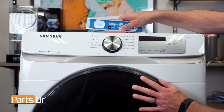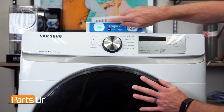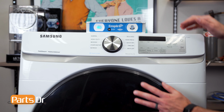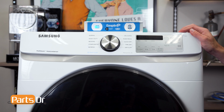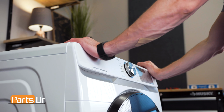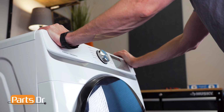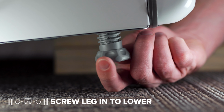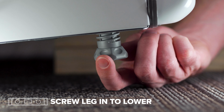First, we'll place the level across the top to check level side to side. As you can see, the bubble goes to the left, so the left side is high. Also, our dryer is very unstable. To level, place a block or blocks in front of the dryer, tilt the dryer up, slide the blocks under, and rest in place. Since the left side of the dryer is the high side, we will lower this side